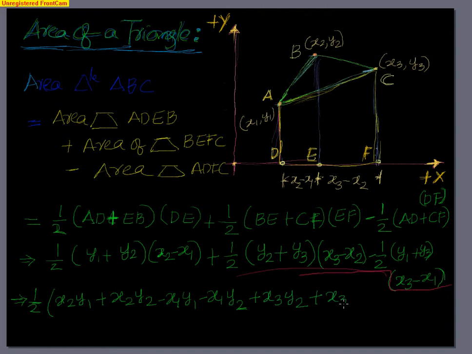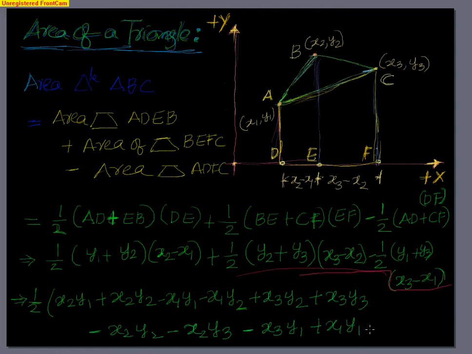I'll write it down: x3 into y3 minus x2 into y2, minus x2 into y3. Are you with me? I am doing this part: x2 into y2, x2 into y3. Minus, I have taken y1 common, into x3 minus x1, that is x3 plus x1,